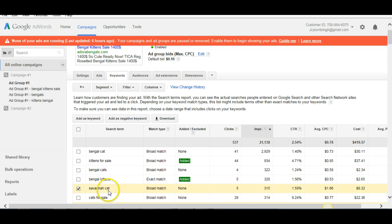And you can see here, I went through and tried to highlight a lot of them. I know I didn't get all of them, but you'll get the idea. Here we have Savannah Cat, which had 315 impressions and 5 clicks. And I know this 315 impressions may not seem like a whole lot, but what you have to realize is that